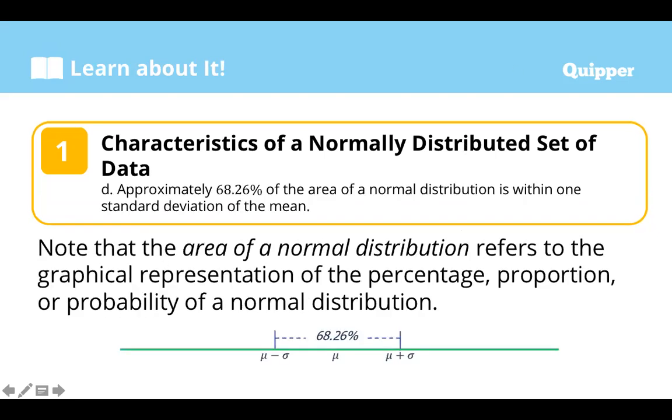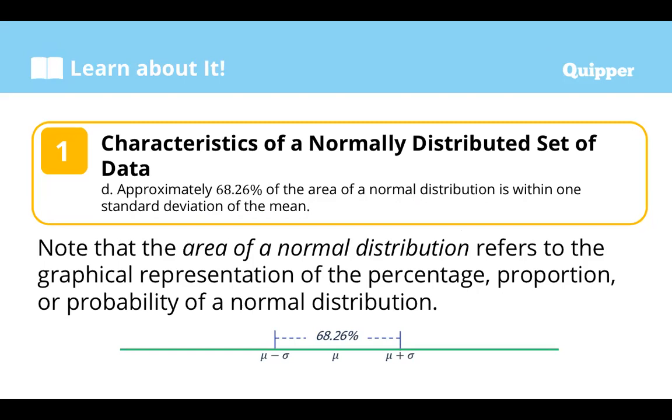The last one will be the D. Approximately 68.26% of the area of a normal distribution is within one standard deviation of the mean. Okay? If you can still remember,